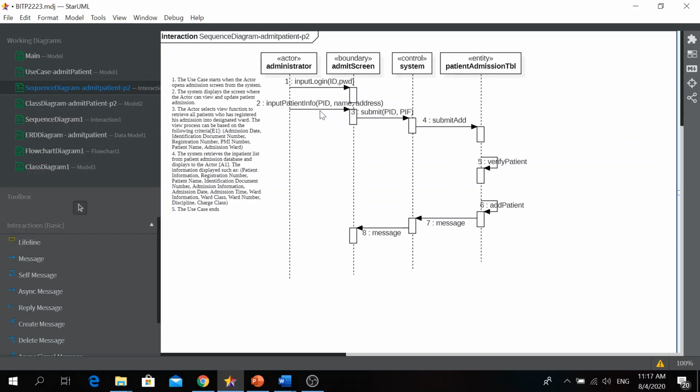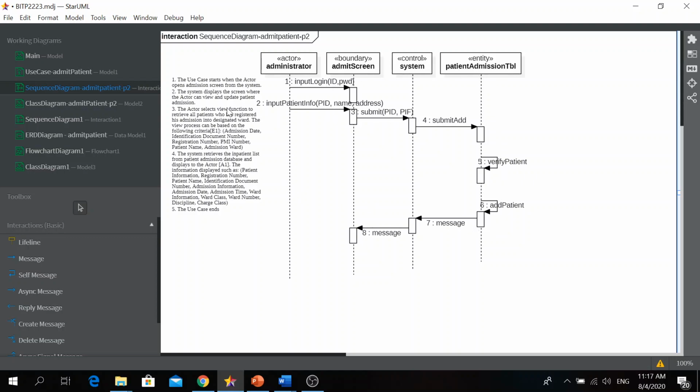After inputting the login information, the administrator inputs the patient information. The administrator will input the patient ID, name, address, and so on. So these are attributes.